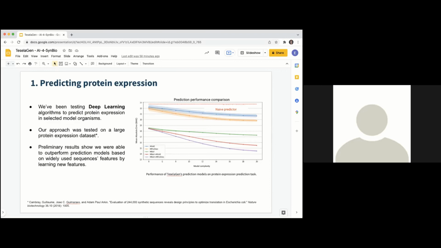We've been testing different deep learning algorithms to predict protein expression in selected model organisms. This is a very relevant and interesting problem in synthetic biology, and our approach was tested on a large protein expression dataset generated by the Arkin lab at Berkeley, where they synthesized 240,000 synthetic sequences that drive the expression of GFP in E. coli. And with this labeled dataset, we've trained and compared different techniques to predict the expression of GFP based on